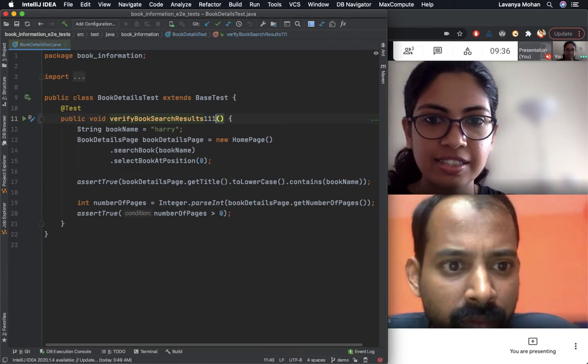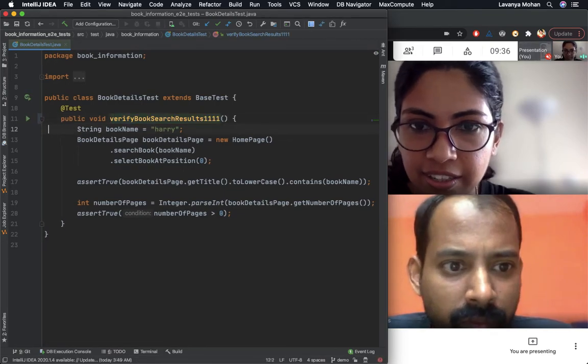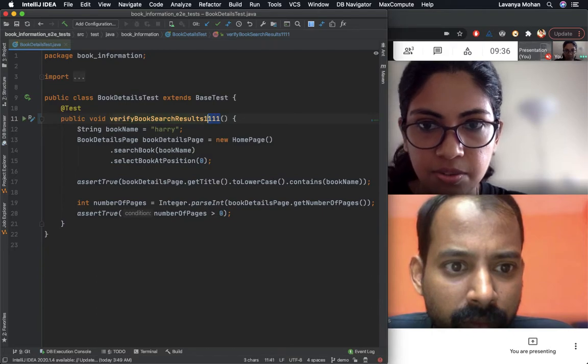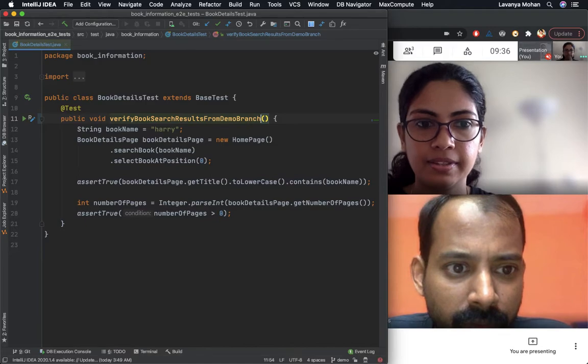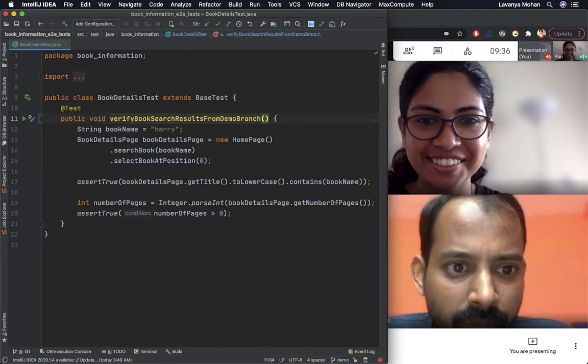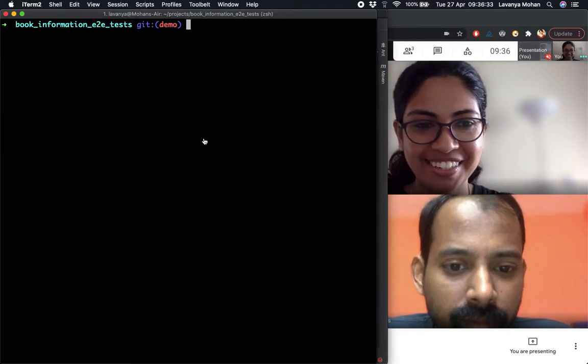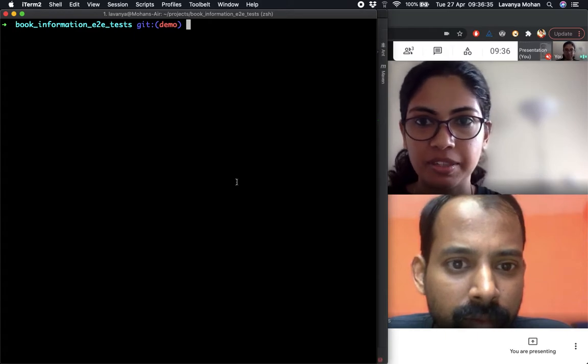For now, I'll just rename it, saying from demo branch so that it is easier to read. We wouldn't really name our test like this, but it's just to show. And let's say I make this commit.